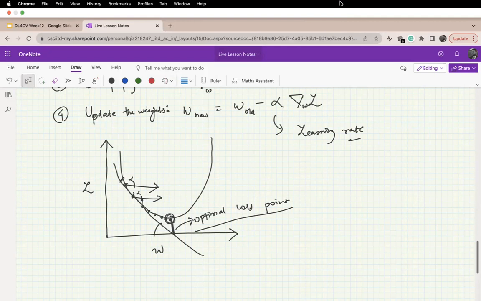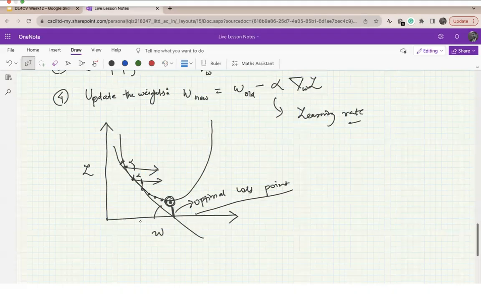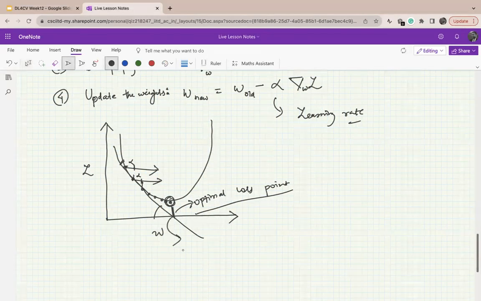But what if I tell you that this optimal point can be manipulated? We are moving in the opposite direction of the gradient, and so as not to skip the global minima or the local minima, you take smaller steps and very carefully update the weights, and the optimal weight will be the final trained weights.